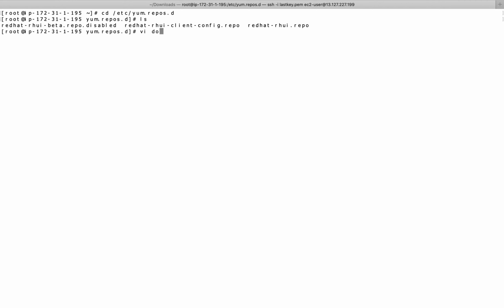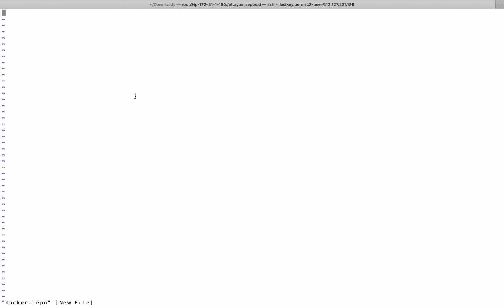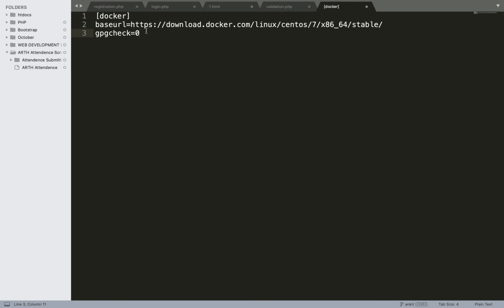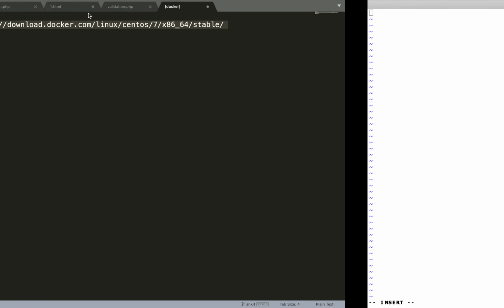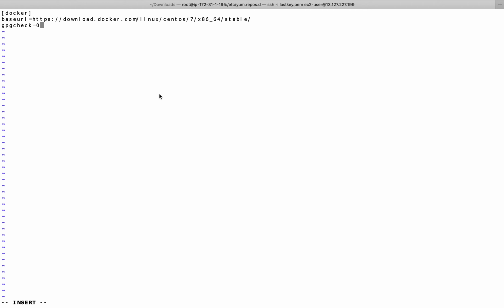So vi docker.repo, and inside this I will paste the following code, which tells it from where it will fetch the information of Docker. Let's save it, wq.